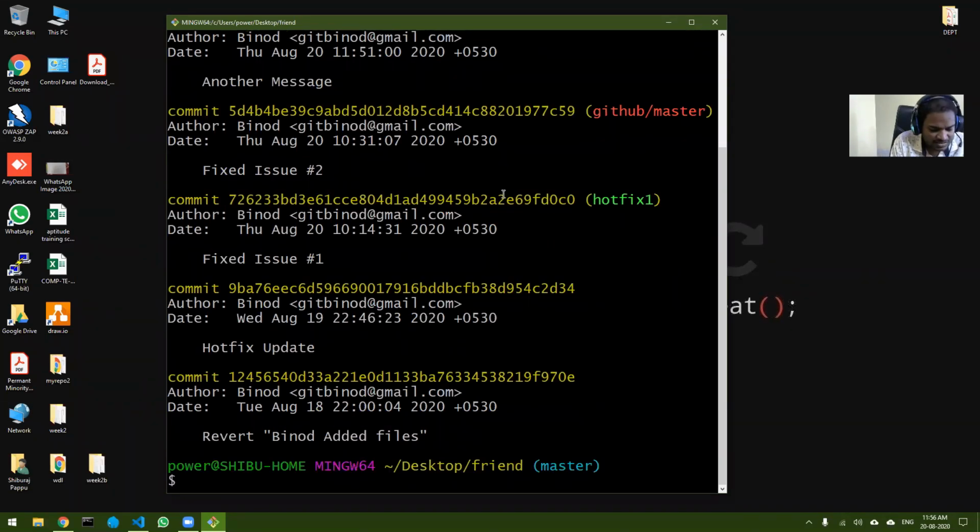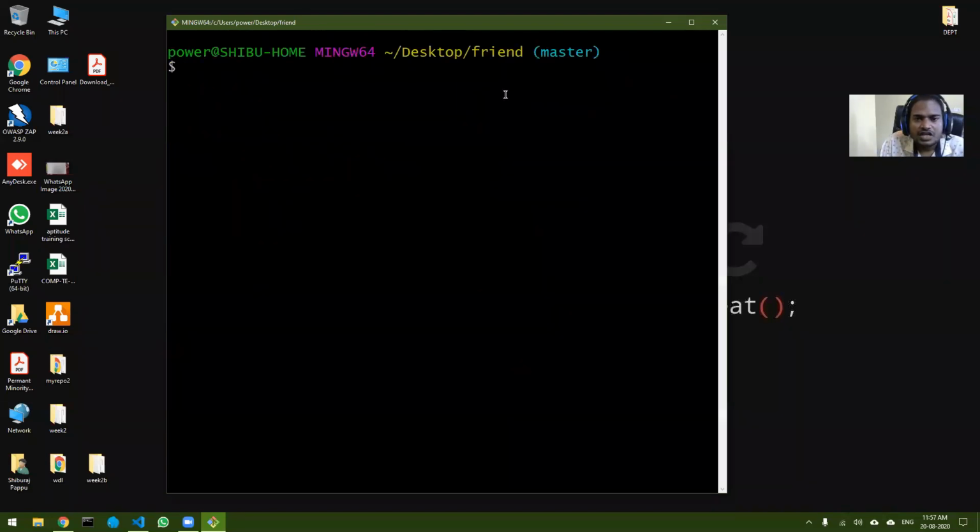Okay, so let's clear it once again. Now I am ready to do tagging. Now a tag is basically just a name. You can put it anything, but developers, whenever they do tagging, do it in a very special way, and I hope you must have seen this. Okay, so the command is git tag. If you write git tag and enter, you will see how many tags are there currently. Right now we have not put any tag, so there is nothing.